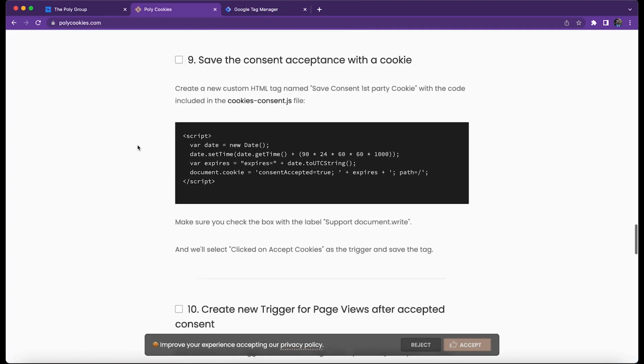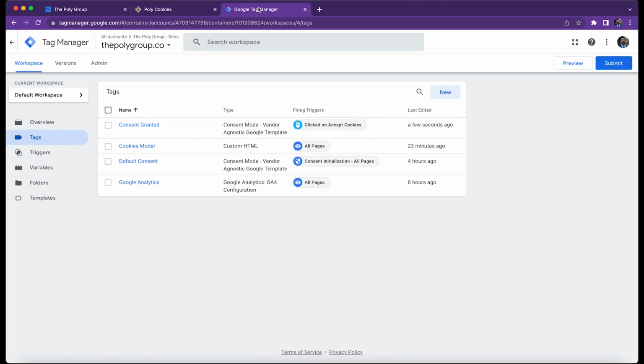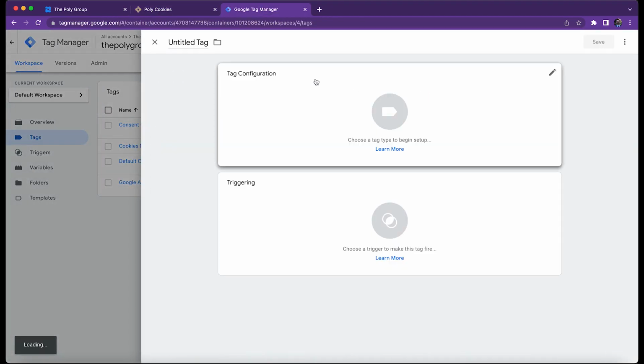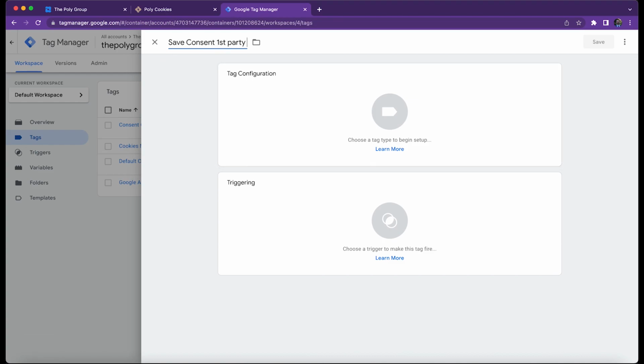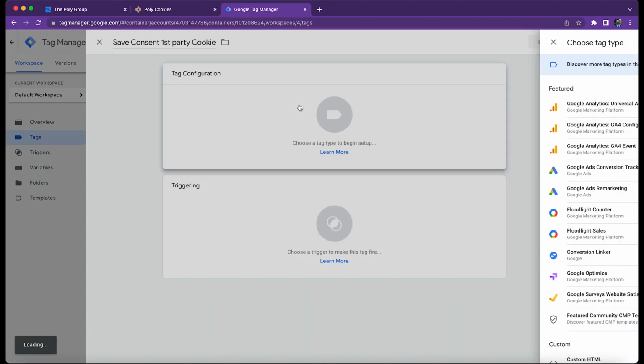The next thing we have to do is create a cookie to save a piece of data on the browser, saying that the user has already accepted our privacy policy, so the banner is not displayed on future page views. We'll create a new tag and name it Save Consent First Party Cookie. This would be a custom HTML tag,